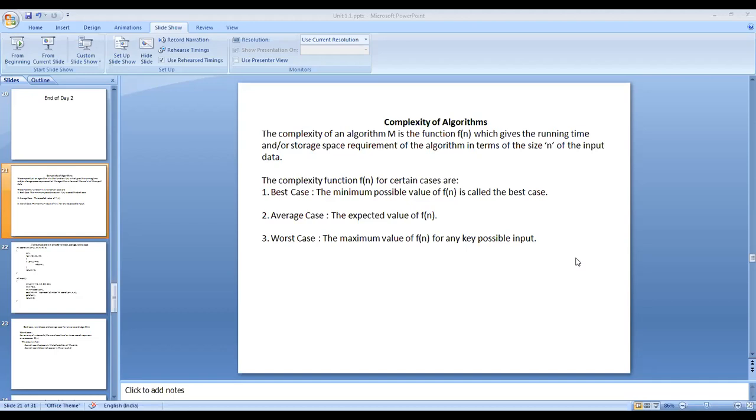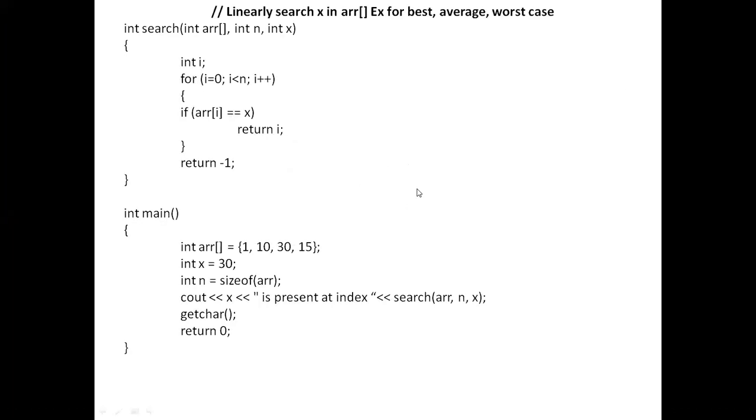So with this understanding, let us look at one very simple example. Now, look at the linear search of an element in an array. You must have known this from the first year onwards.